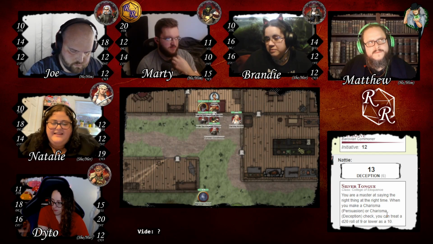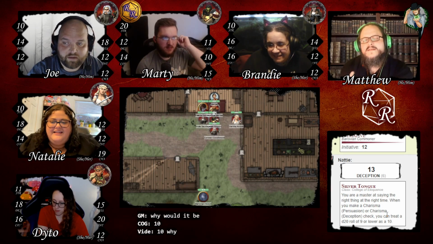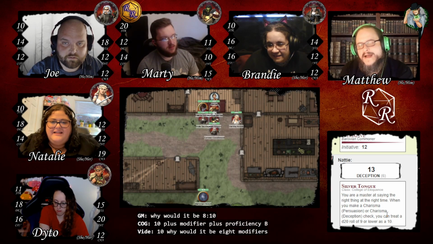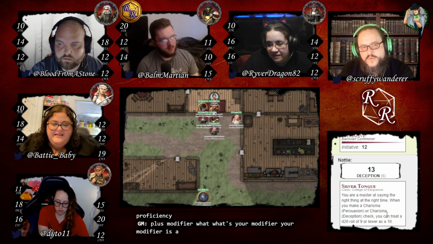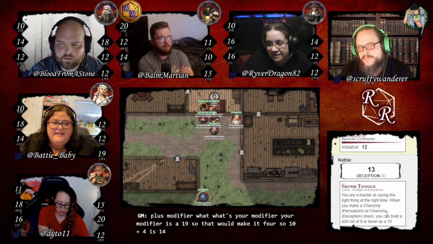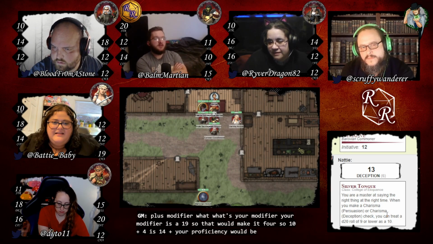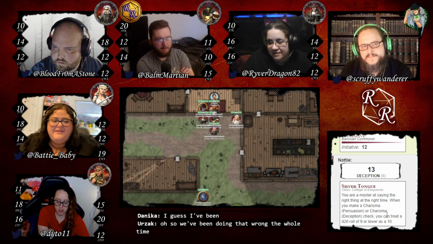Why would it be 10 plus modifier plus proficiency modifier? What's your modifier? Your modifier is a 4, so 10 plus 4 is 14, plus your proficiency of 2, so 16. Oh, so I've been doing it wrong the whole time.